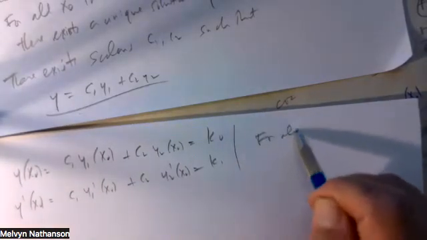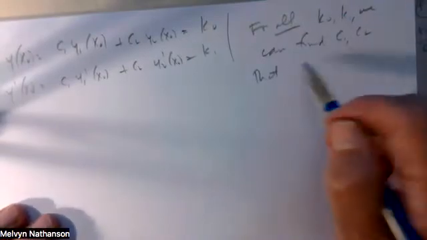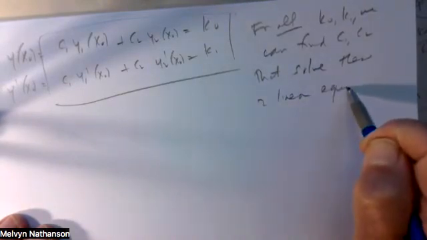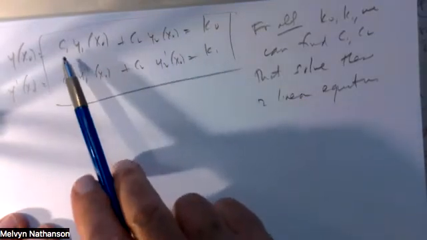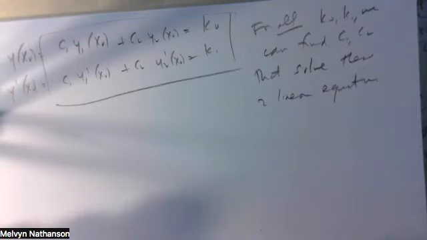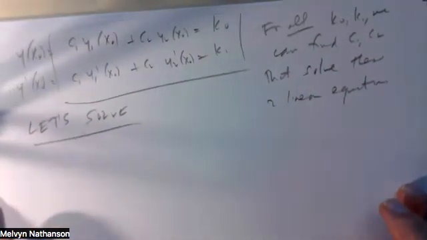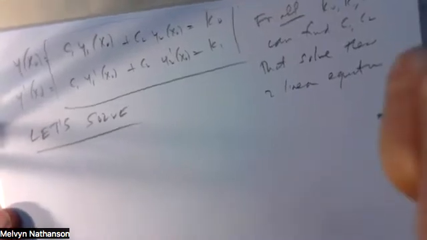That is, for all choices of numbers k naught and k1, we can find C1 and C2 that solve these. What are these? These are two linear equations in two unknowns, right? These are linear equations where the unknowns are C1 and C2. So you can solve these equations. Let's actually solve them. If you know Cramer's rule, you can just write down the solution in one step. Or we can just solve it by eliminating, for example,